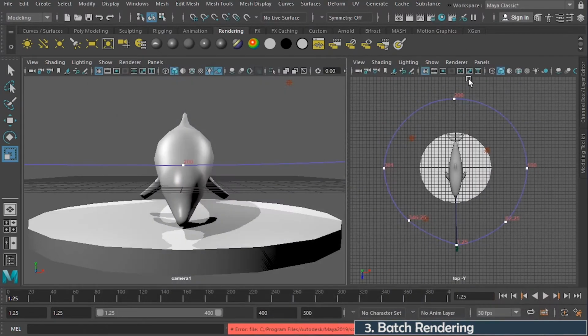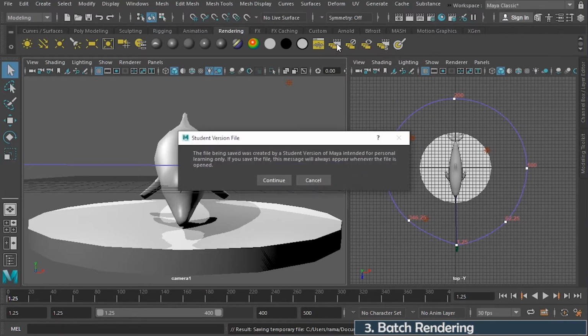I want to render batch, and so that's what these icons here are for. These yellow icons are batch rendering, and they allow us to render our whole sequence as a sequence. There are a few different options here, and I'll go through them. So batch render is the thing that starts it. So we're going to click on that, and that will start